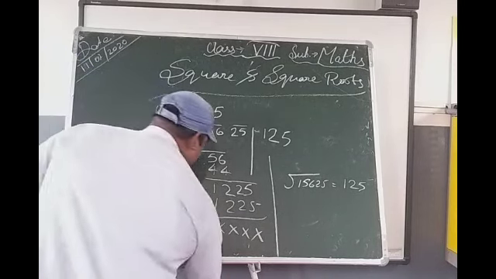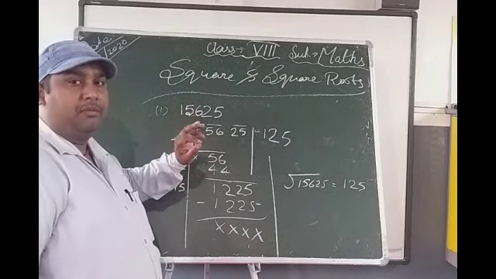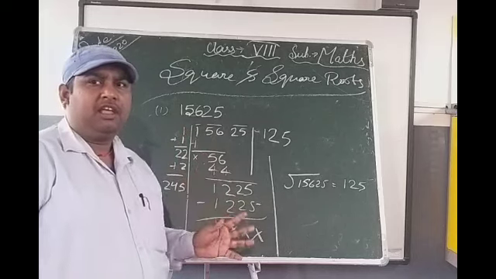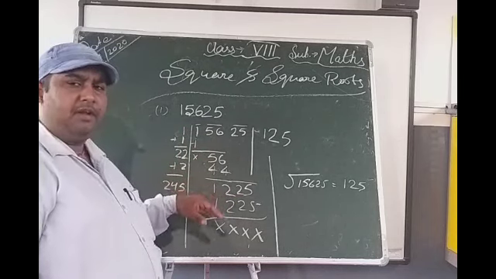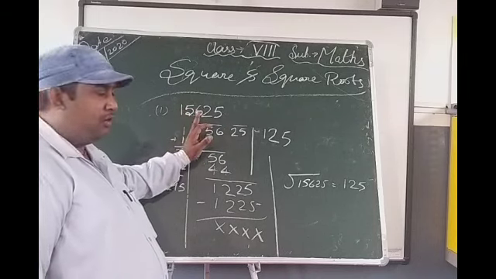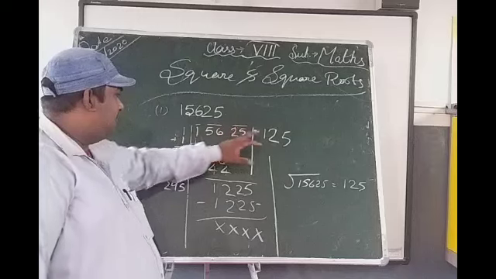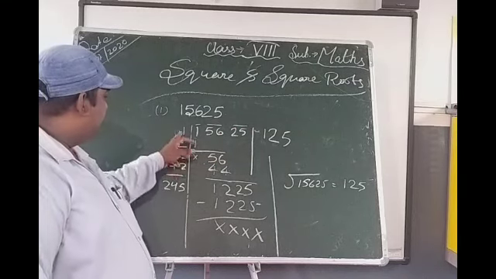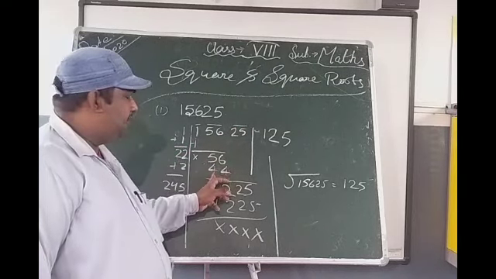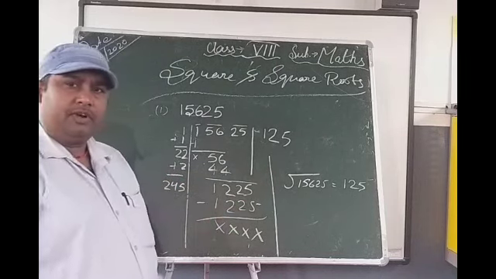How have we done this? Only remember this. This is a 5-digit odd number. We started with an odd number, then we will learn an even number. Two-digit pairs we will make. The first is alone, it is only 1. 1 square is 1, so we write 1, 1 and 1. Then it becomes 2. 2 into 2 is 44. Then 245 into 5 will be 1225.